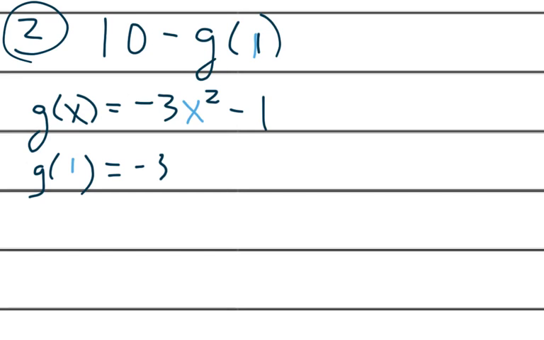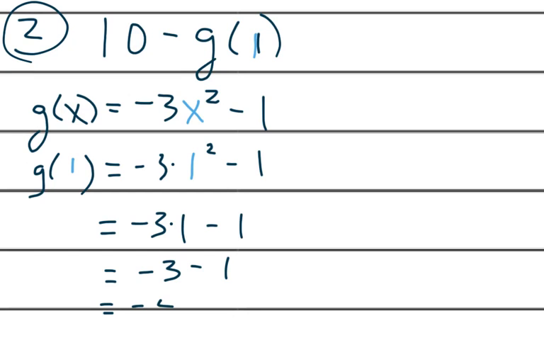equals negative 3 times 1 squared. And here I don't need to use parentheses if I don't want, because it's not going to trip me up. Minus 1. Now maybe you know that 1 squared is 1 times negative 3 is negative 3, but go ahead and just please write 1 for now so that we see that the exponent became 1. So I got negative 3 minus 1, and that's going to give me negative 4. Now if I box it, no big deal, but we have to be thorough on these and realize that we're not done yet. The reason we're not done is because we still have 10 minus g of 1,